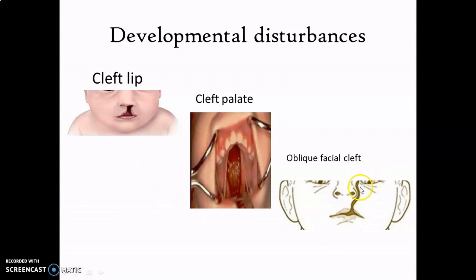And this kind of oblique facial cleft may result. This is a kind of larger defect that results due to lack of fusion between lateral nasal process and the maxillary process. Such orofacial clefts result from improper development and fusion of various facial prominences that we discussed already. So now let's move on to the next section, that is development of tongue.